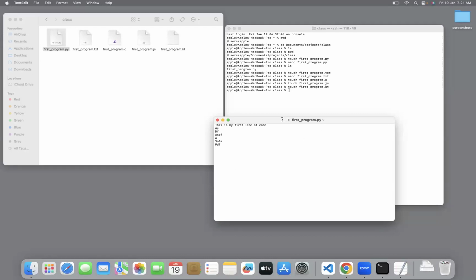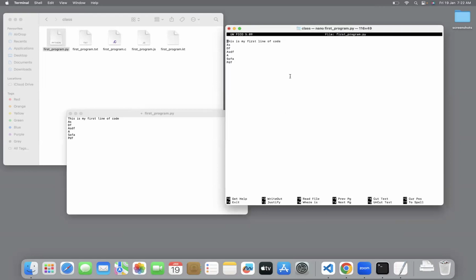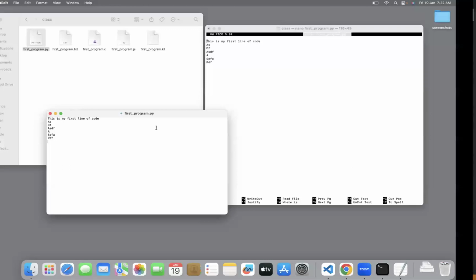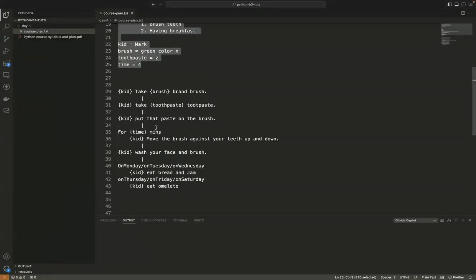Just now we have seen we can perform the same operation from the command line also. I can open this same file from this terminal, the command prompt also. I can do that like this, or else I can use a tool. For our class, what I recommend is to use a tool called VS Code.